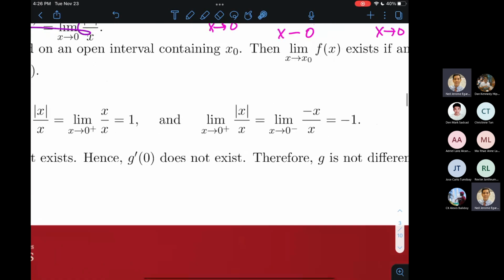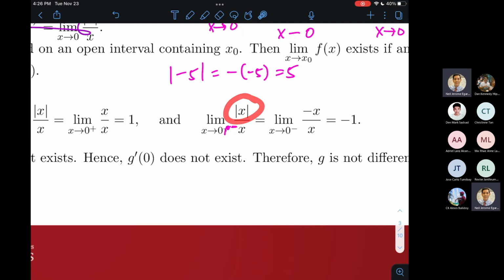when we look at the limit as x approaches 0 from the left, another typo there, okay? So limit ng absolute value of x all over x as x approaches 0 from the left. Ngayon naman, yung mga x's na kinoconsider natin ay mga negative numbers, right? Kasi nasa kaliwa nga sila ni 0. And then the absolute value of a negative number is its negation, all right? Para siya ay maging positive, right? For instance, absolute value of negative 5 is the negative of negative 5, thus producing positive 5. So ang absolute value ng isang negative number x ay negative x. Kasi kung si x ay negative, yung negative x ay magiging positive.